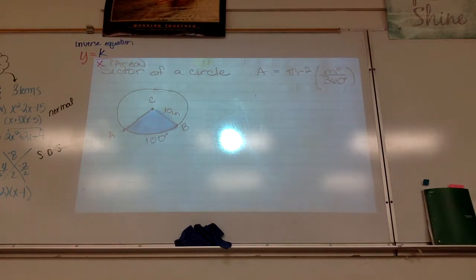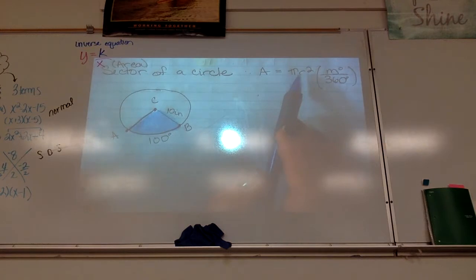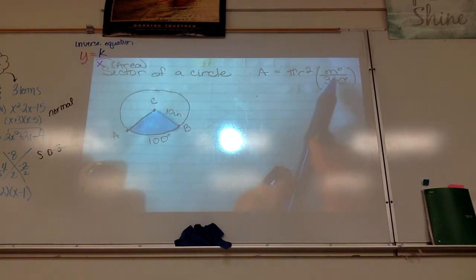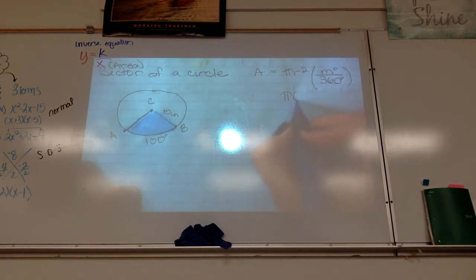Okay, here we go. Pi r squared equals measure of degrees over 360. Again, it needs to be used. The 100 degrees is important. It tells you about how much of the 360 you're using. But more information is needed if you're going to find the area. And in this case, it's using pi r squared. So you take the portion of 360 multiplied by the area of the entire circle. So pi times 10 squared,